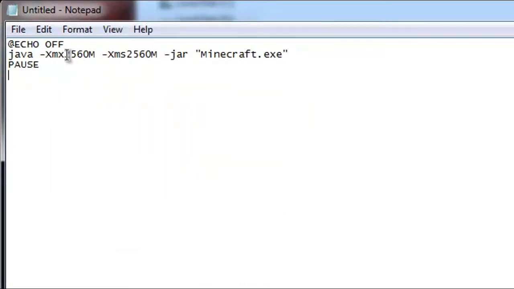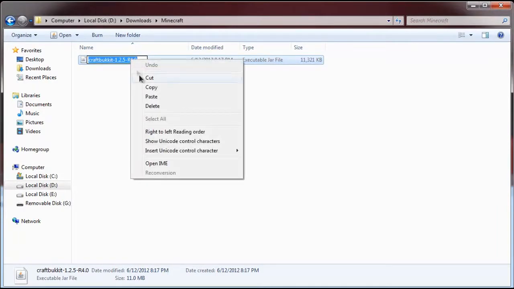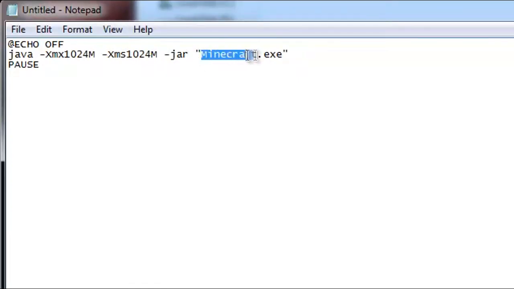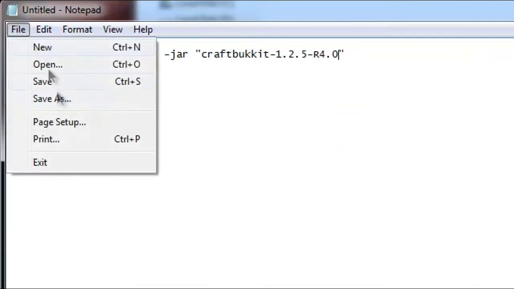This is the amount of memory that you want to allocate. This is about 2.5 gigabytes. You could just set up 1 gigabyte. That is how much you're going to use to start off the server with, and this is the name of the file, you're going to copy that and put that in between the parentheses, like so,